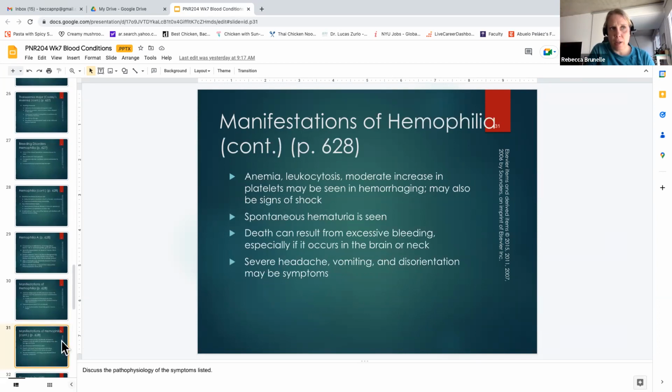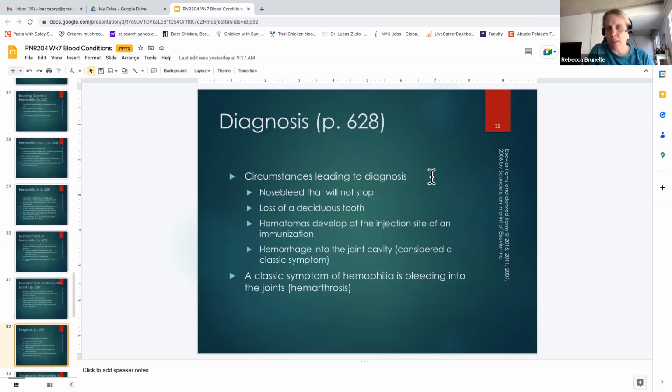So we talked a lot about the fact that there's a wide range of symptoms. Sometimes kids are quite a bit older when they're diagnosed. So if you're ever working in an outpatient clinic or a pediatrician's office, and a mom says, he just gets a lot of nosebleeds, I don't really know why. We have a humidifier, it's not that his nose is dry, and it takes a long time for the bleeding to stop. Or if you give shots and you see that they get a bruise right away after their immunization. And hemorrhage into a joint cavity is a classic finding. They'll have a lot of knee pain, and then you'll evaluate the knee and there's bleeding into that joint. These are all symptoms of undiagnosed hemophilia.